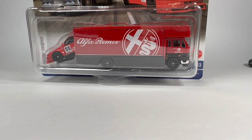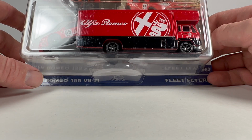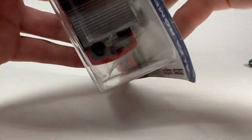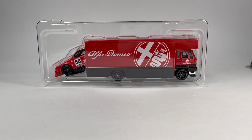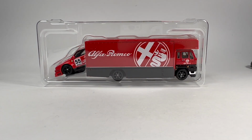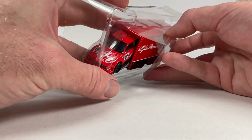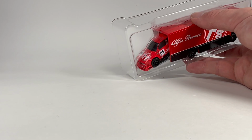We will open up the Alpha. This is extra annoying. It's cool because with the enclosed trucks, you get this nice big graphic on the side, right? So that's nifty. It's annoying because you can't really display the vehicles together, right? Let's open that up. When you try to display these together, you're hiding the car inside the truck. And that's kind of goofy. So they take up extra space. I like the ones when they have like the flatbed or something. You can set the car on it. That's much more